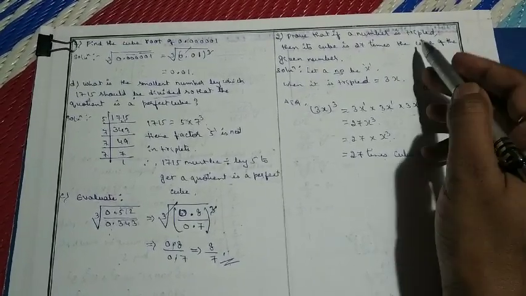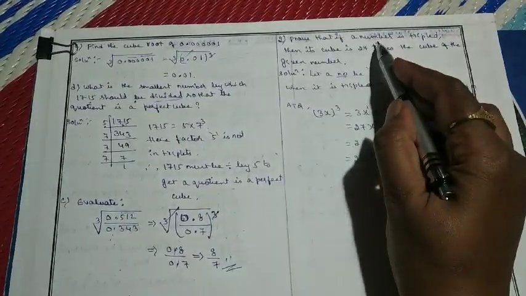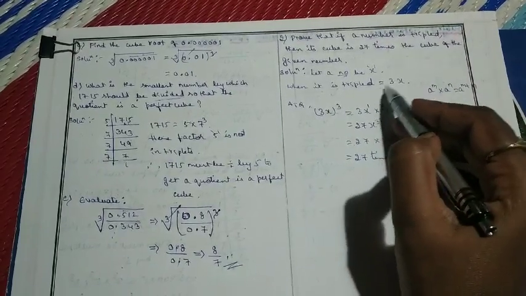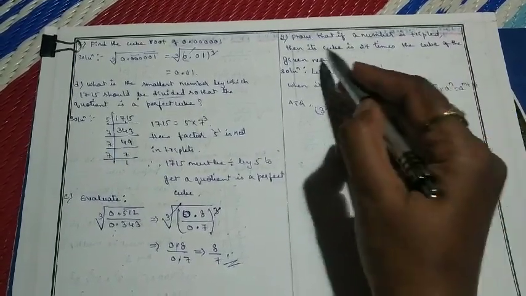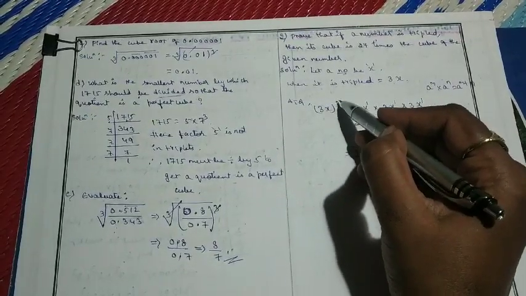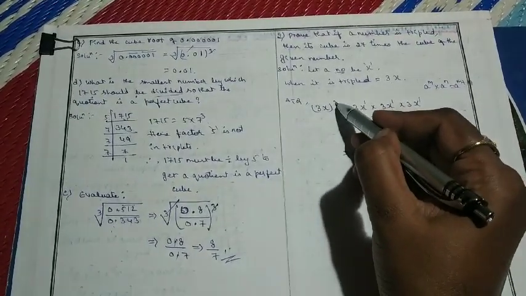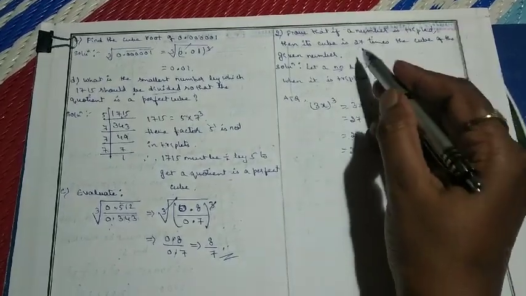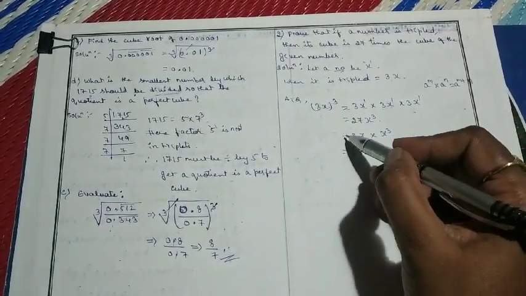This is what he asked us to prove, that the number is tripled. Number is tripled is nothing but 3x. Then its cube. Its cube means whom? Tripled number's cube, that is 3x whole cube, is in the sense equal to